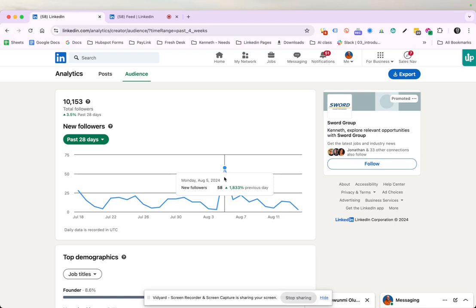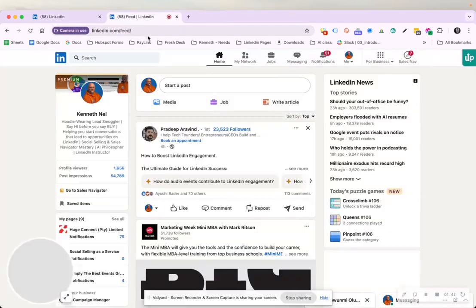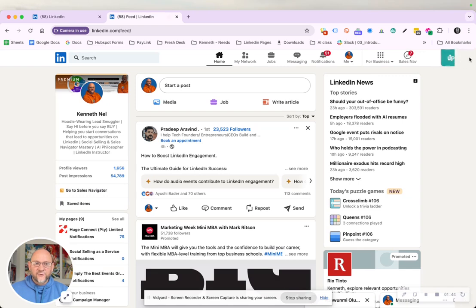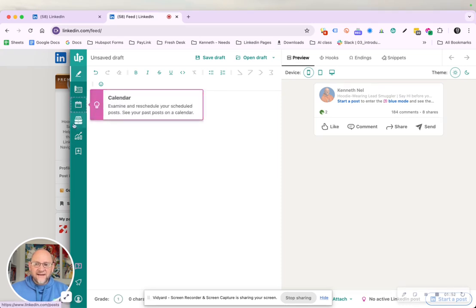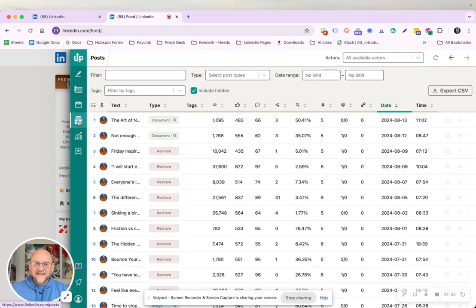You'll notice that sometimes I post my own content, sometimes I repost with thoughts. So I was curious about this particular post. So I went into my tools and I used something called Authored Up, which is an amazing tool for creating content, but it also has a really nice calendar and stats. So you can see the posts that you have done. I can see the impressions. I can see which posts are working, which posts are blowing up. And I went to the 5th. And there we go. The difference.